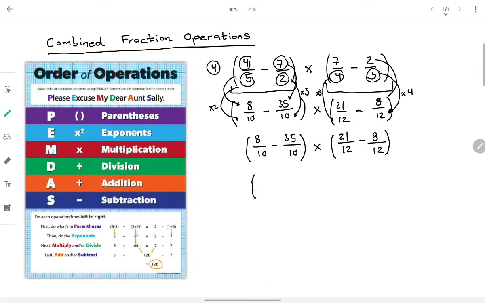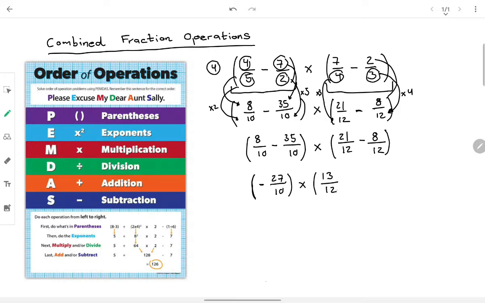In this case, we will get negative because 35 is bigger than 8. So we will get 27 over 10 multiplied by, in this case, 21 minus 8 is 13